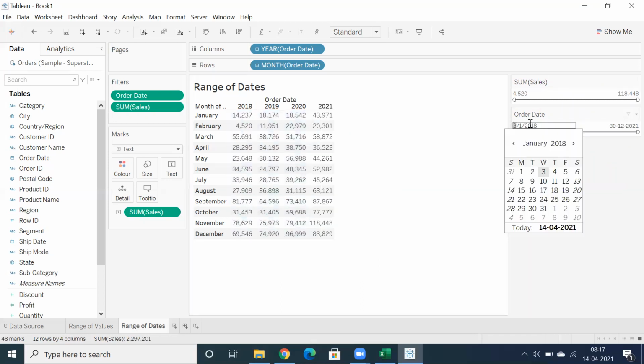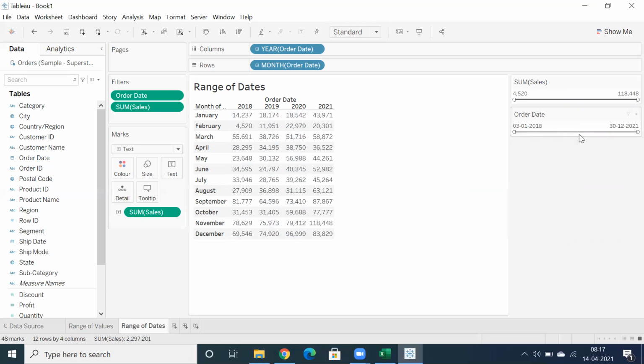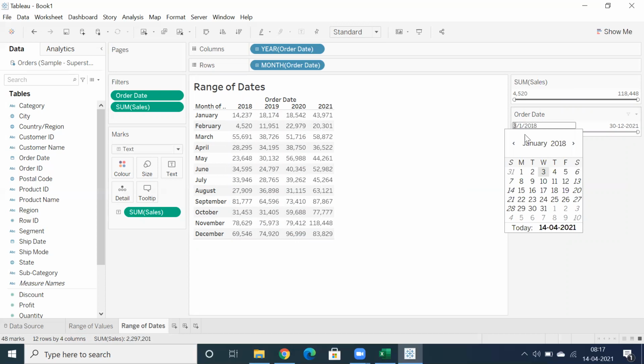So let's say click on this. Now you don't want to go for slider. Now you have a flexibility to select start date and end date. So can you tell me what date I can select? I will tell you how to select year or month or day. Select in between 2018 and 2021.